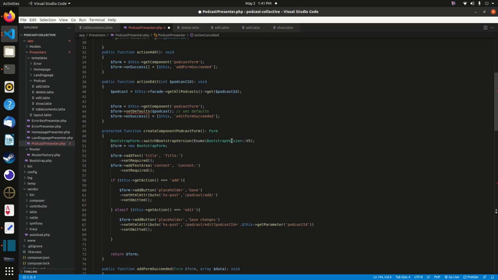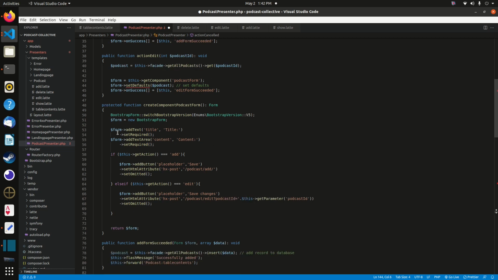So we need to enter in this line, get version 5. The form that we're creating will be a new Bootstrap form. And we're going to add these elements to our form. First, we're going to add the text field